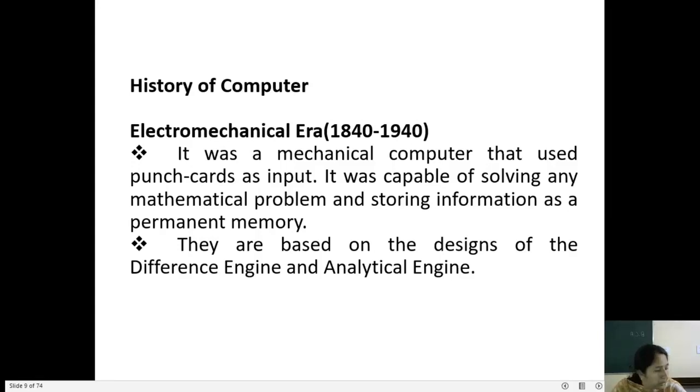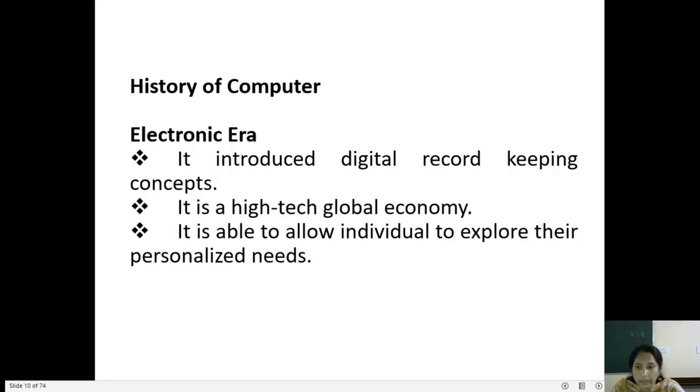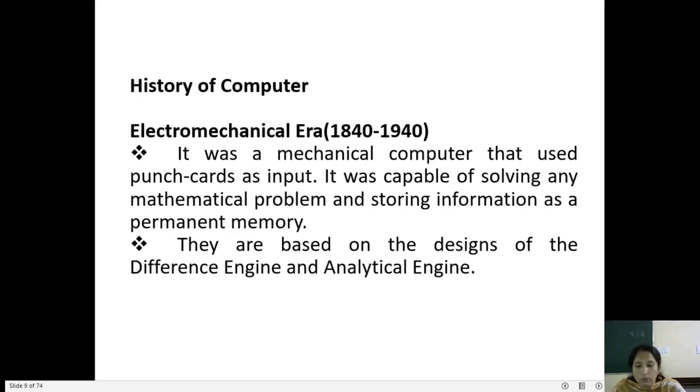And then the electronic era. When we come to the electromechanical era itself, there is a lady called Lady Ada Lovelace. She introduced the programming storing concept. She introduced the machine language. She is one of the first programmers. She is the first programmer who introduced the programming concept, and at that time they were using only machine level